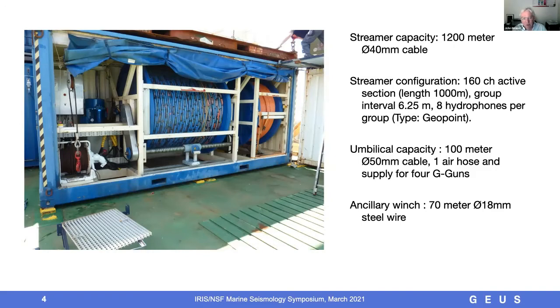this extra winch. This was designed for working in the Arctic. So this orange winch can also provide the air gun umbilical to the air guns, and it can feed the air system as well. I'll show you how this works in another program where we deployed from the Odin. The idea behind this arrangement is that there's only a single tow point for both the air guns and the streamer. So the streamer will actually plug into this orange cable, which then comes into both the compressors and the recording container.